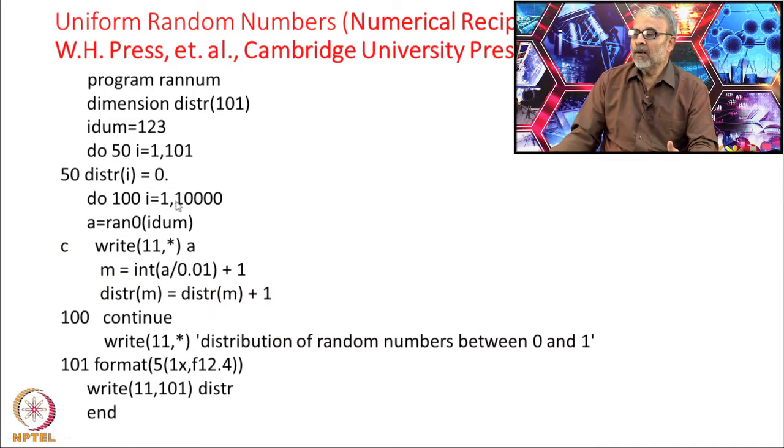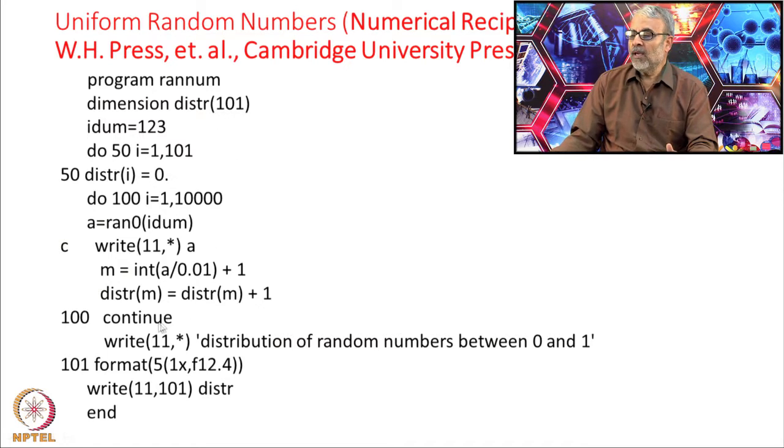I have obtained 10,000 random numbers, each between 0 and 1, and to find out in which part of 0 and 1 it is, I am dividing by 0.01. So, when I divide that by 0.01, I get an integer between 1 and 100. Each random number will be put in one of those bins, and my dist 100 will contain this distribution